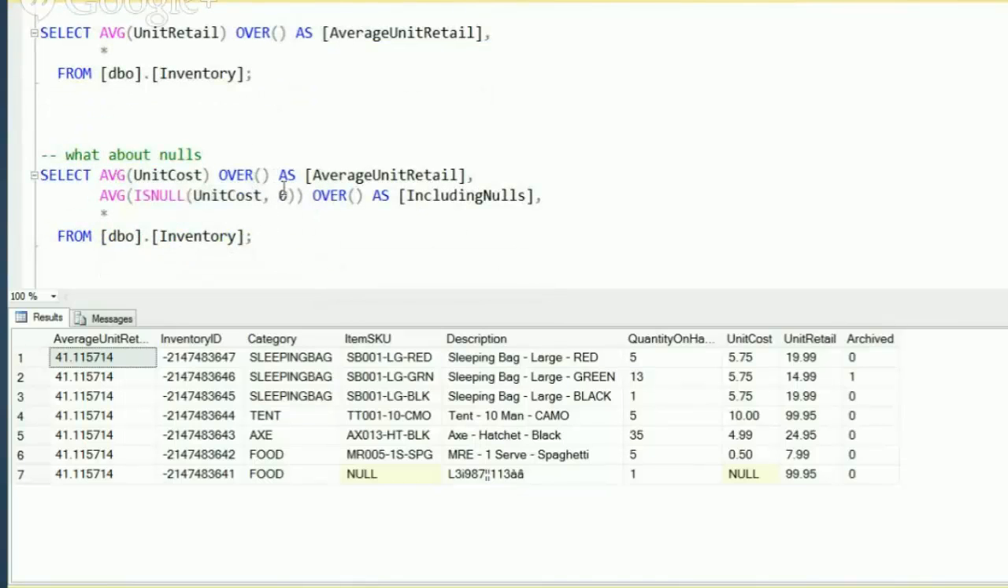All right, so that's kind of the basics there, to get started. Let's take a look at using two different aggregates using the over windowing clause without any group by on it. Here we're going to say give me the average unit cost over the entire thing, and the average unit cost, and if it's null, set it to 0, over the entire set. You can see here the unit cost on this bottom item, which has an unprintable name or description and is a food item, there is no unit cost. So if we run this one,